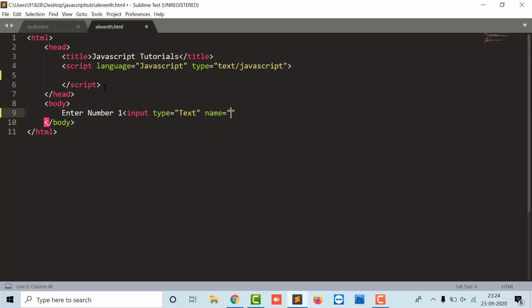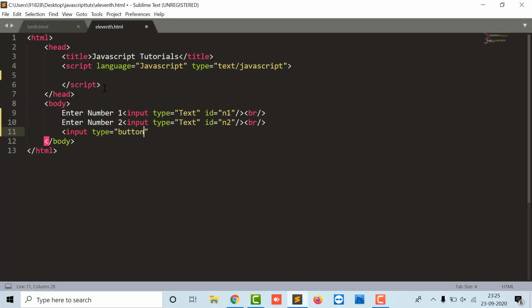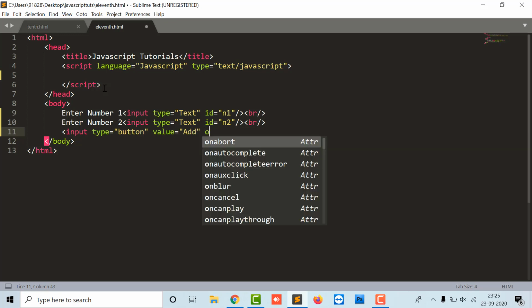Then I can define its name or ID. Let it be ID n1. Then input type number, ID n2. Then input type button, value click, or you can say add, and on